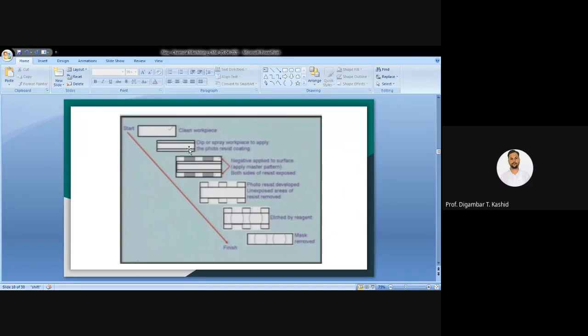Now on that photoresist we have placed your photomaster film. Okay, photomaster film on which the drawing will be there. See, now the drawing has this black portion, that means from that black portion we have to remove the material. Okay, and if we use negative photoresist, then what will happen, whatever this black portion you are seeing on the phototool, from that portion UV rays will not pass if you use the negative photoresist.